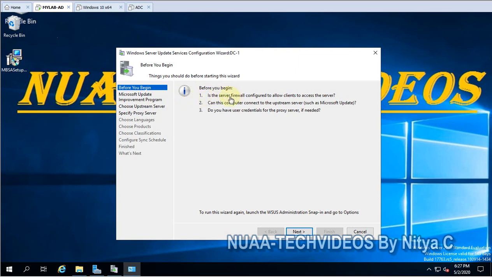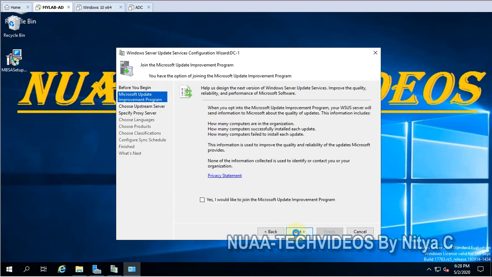Before you begin, there are 3 terms and conditions, which you can see: is the firewall configured to allow the client to access the server. So firewall should be configured, and if this is an upstream server or downstream server, upstream server, we will discuss about this later, and you should have the proxy credentials if you are using proxy. So let's click on next,